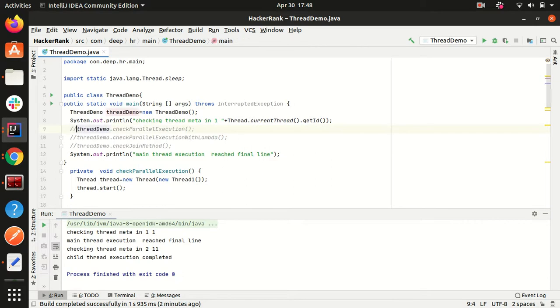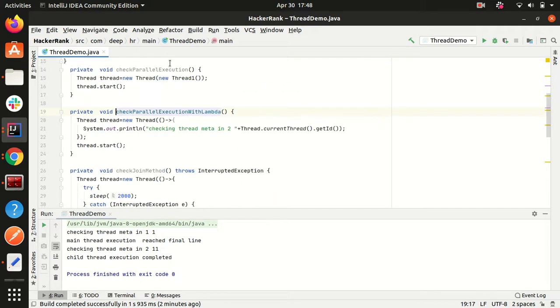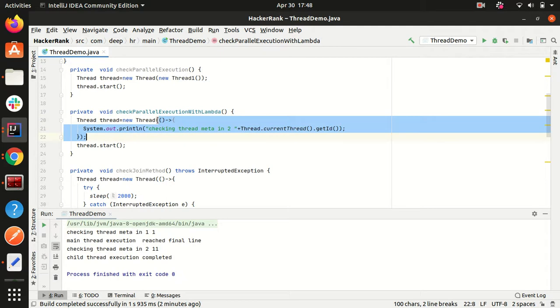As you can see, if I comment this out and uncomment this, in the method checkParallelExecutionWithLambda, what I did was create a thread, and in the parameter, rather than creating a new class and writing the Runnable definition separately, I just used a lambda to provide the Runnable's run method definition here and then call thread.start.